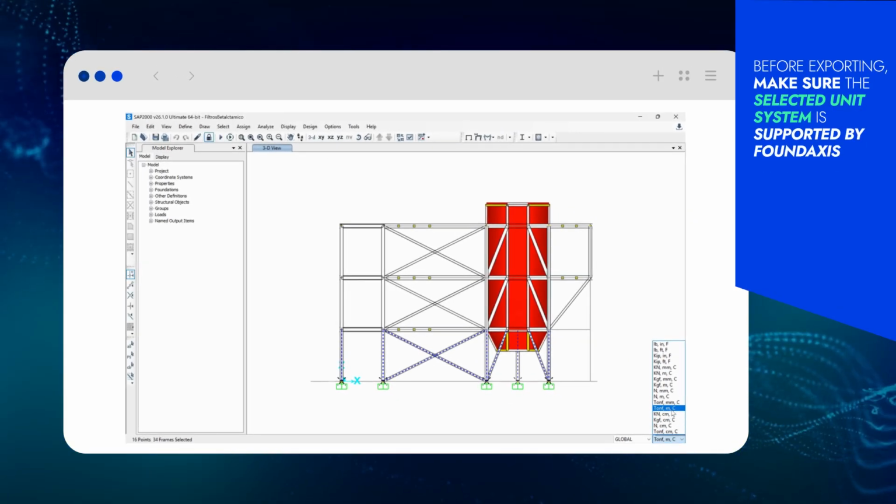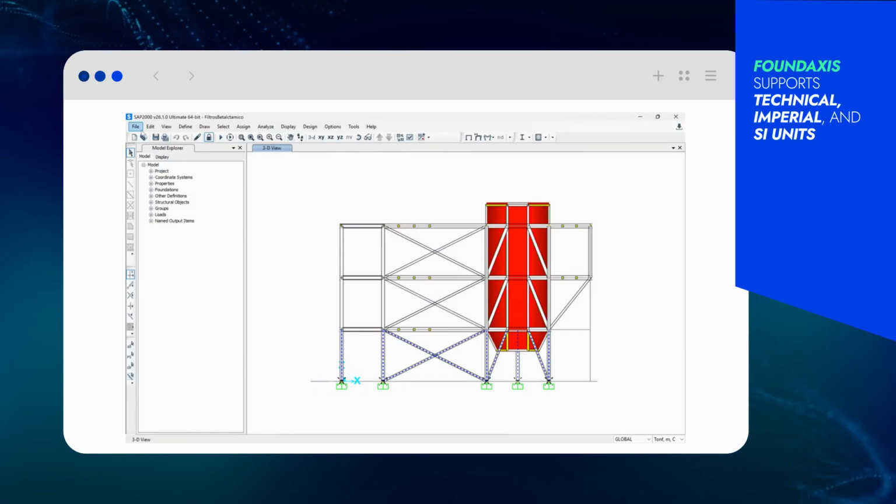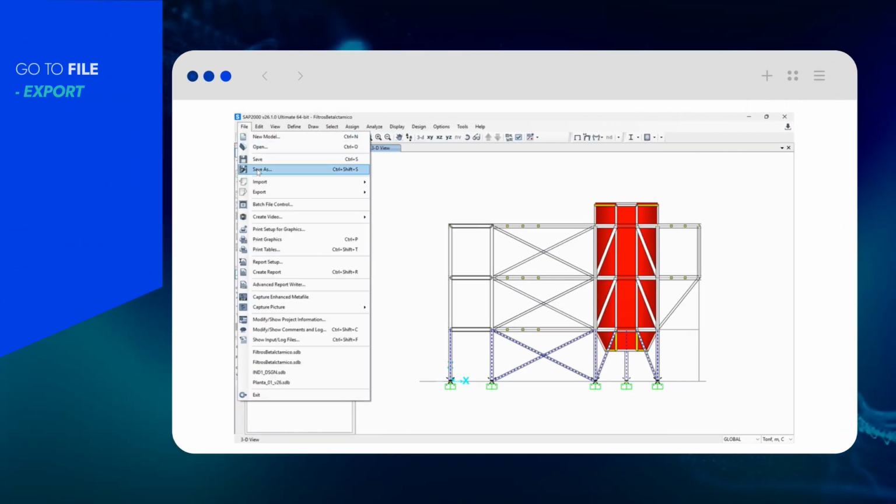Before exporting, make sure the selected unit system is supported by Foundaxis. Foundaxis supports Technical, Imperial, and SI units. Go to File, Export,